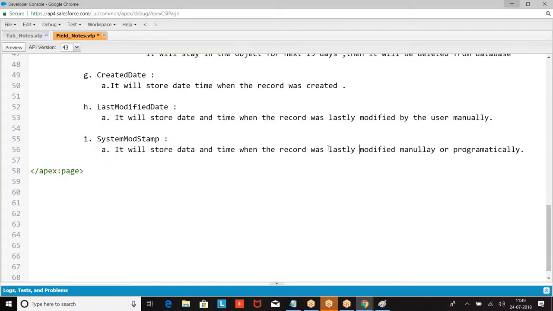So the difference between LastModifiedDate and SystemModstamp is: LastModifiedDate is when the record was modified manually, the user opened the record and modified it. SystemModstamp is when the record was modified, manually or programmatically.